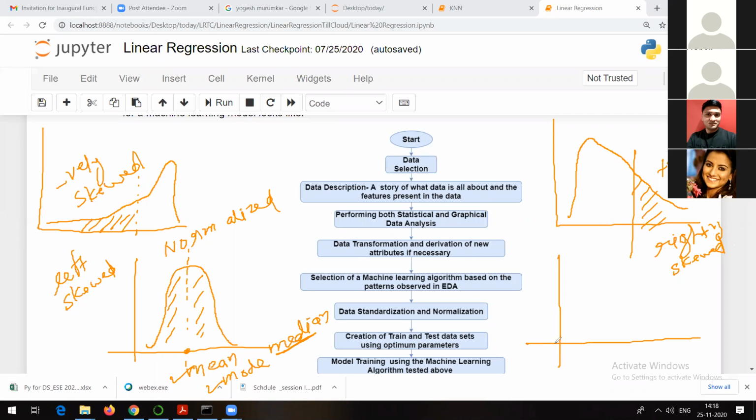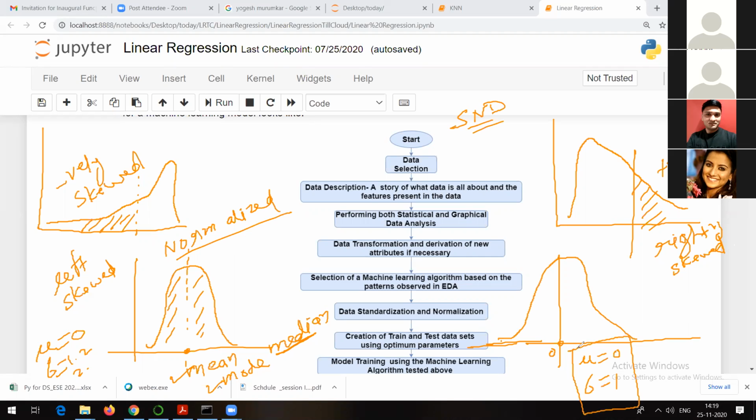And there is one more thing. Here in this case for normalization, mu is 0, that is mean is 0, and standard deviation can be some value, 1 point something, 2 point something, or so. But there is something called standard normal distribution. See, this is normal distribution. There is something called standard normal distribution, and always remember, standard normal distribution is always centered around 0, where mu is also 0 and standard deviation is 1. This is called standard normal distribution.